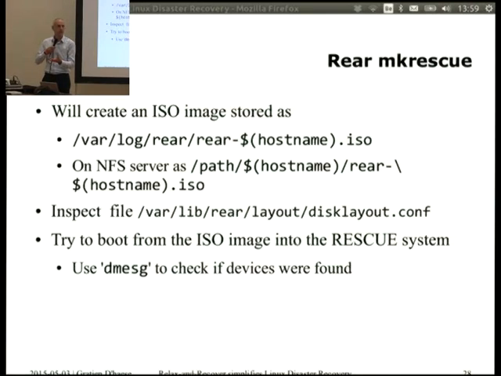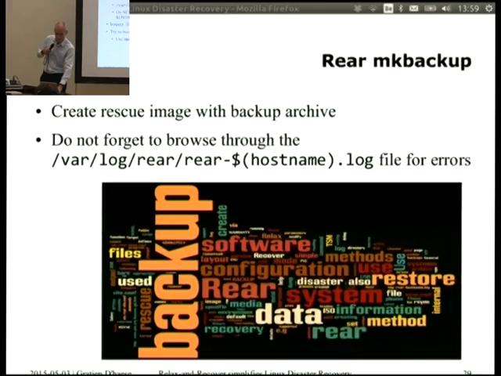Otherwise, it will not be able to use the hardware. Therefore, you can add extra modules, because everything in ReaR is in fact a bash script. Even the configuration files are bash scripts, so you can define an array and extend it with new drivers if they are required.